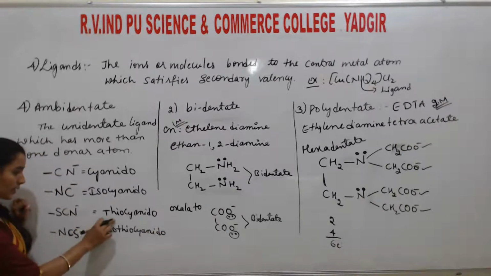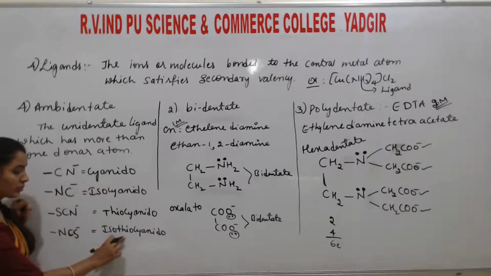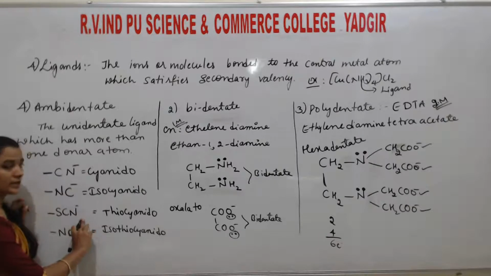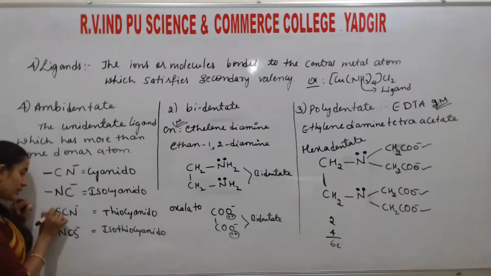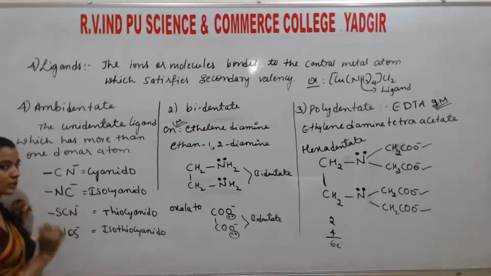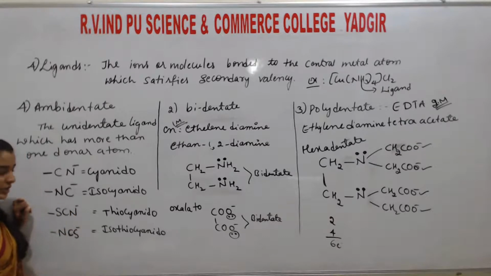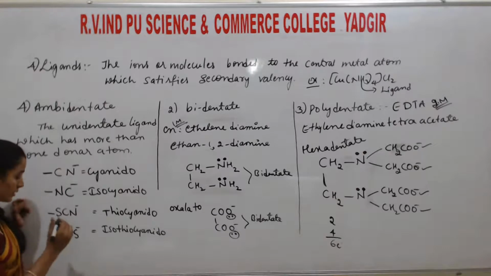Understood? This is thiocyanate. This is isothiocyanate. Both the ligands are the same, but here sulfur is the donor atom and here nitrogen is the donor atom. So in the same ligand, two donor atoms are there. Similarly,